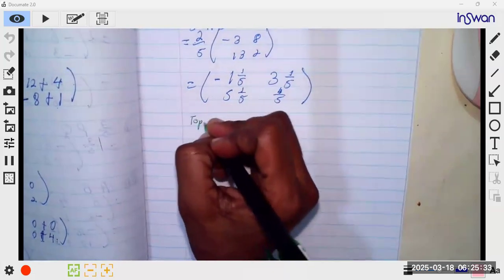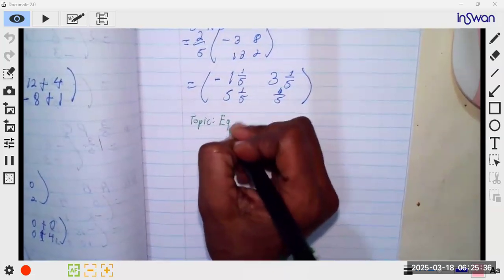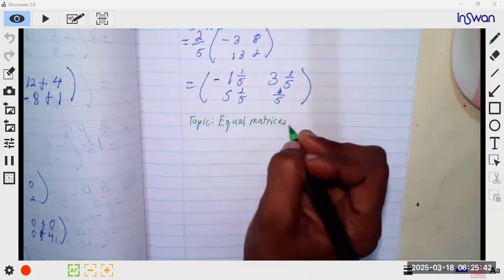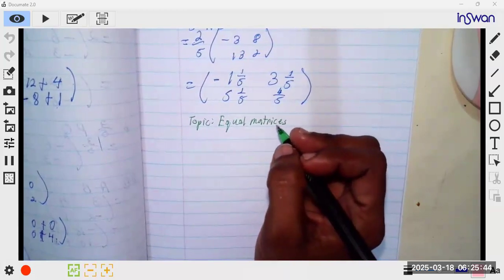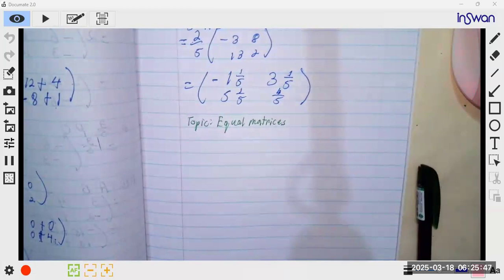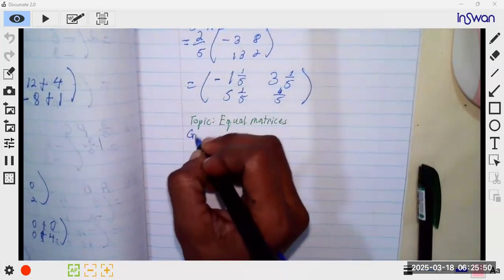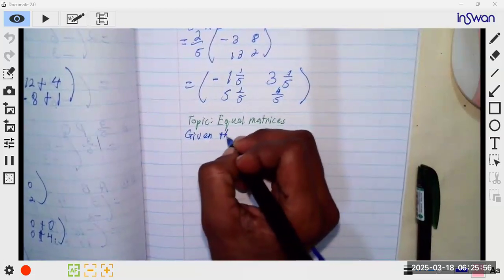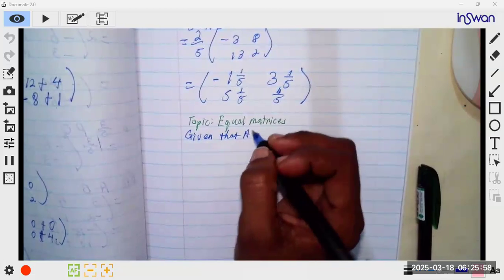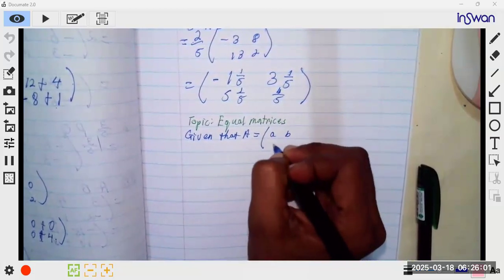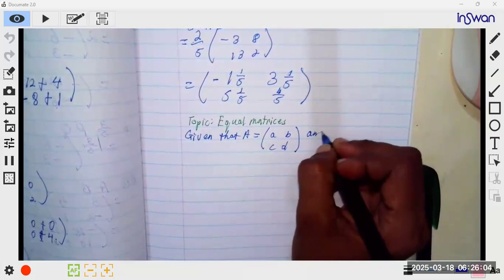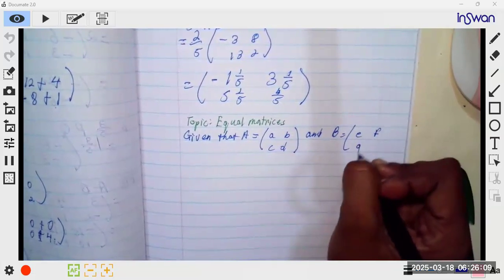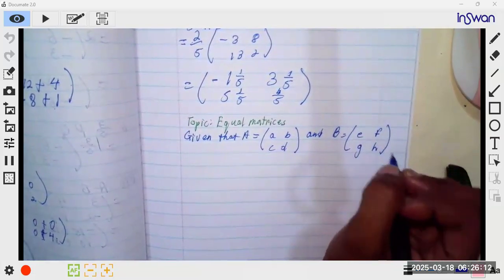Topic: equal matrices. Given that A is equal to [A, B; C, D], and B is equal to [E, F; G, H], then